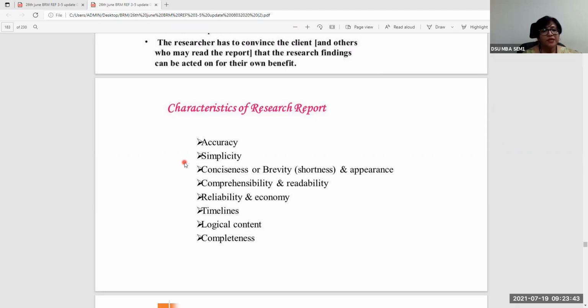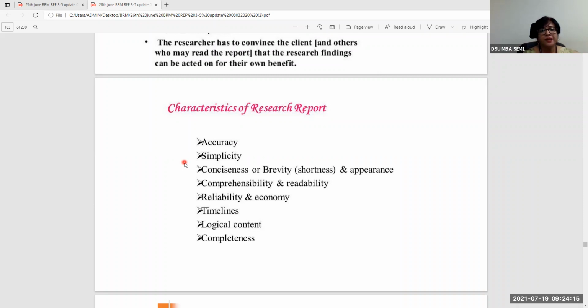And when I say anyone, I'm not, of course, meaning anybody who's just walking on the road, but the target audience of that research report. So the target audience could be students in that field. It could be the company's own staff, the department which is conducting the research, their staff who may not necessarily understand all nuances of research or all nuances of quantitative and qualitative research methodology techniques. But people should understand what is the meaning, what is the outcome of this research report, right? It could also mean the public.